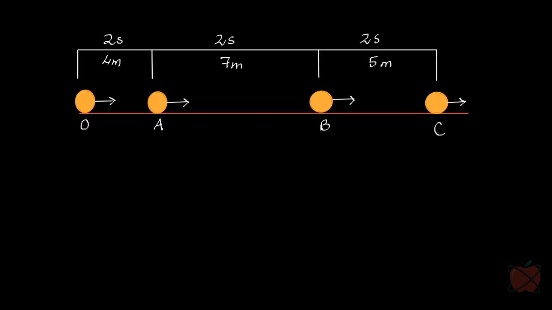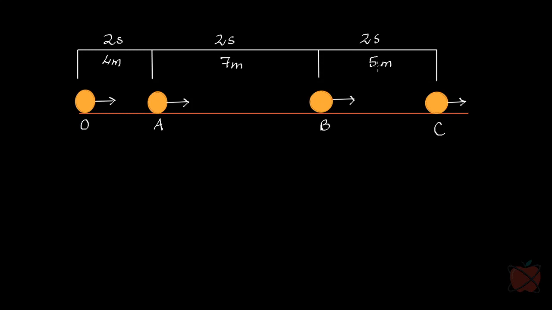Now look at this diagram. The same ball is starting from point O, going to point A, point B and point C. But if you look carefully, going from point O to point A, it covers a distance of 4 meters after 2 seconds. Going from point A to point B in the same time, 2 seconds, it covers a distance of 7 meters. From point B to point C, after the same 2 seconds, it covers a distance of 5